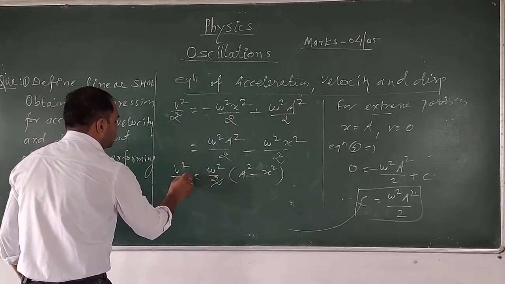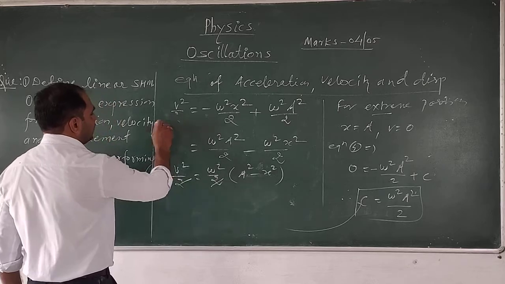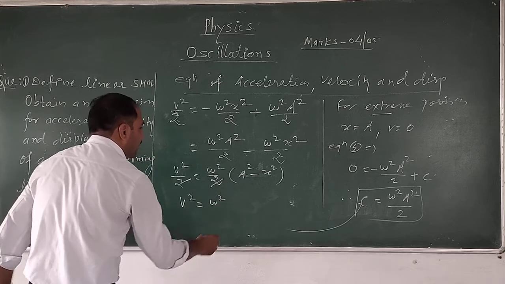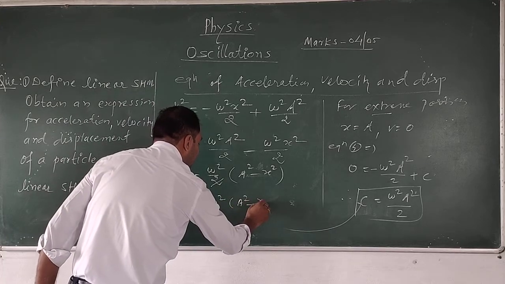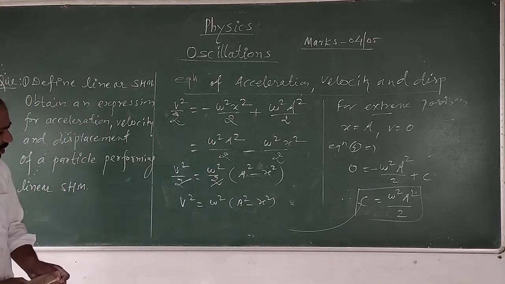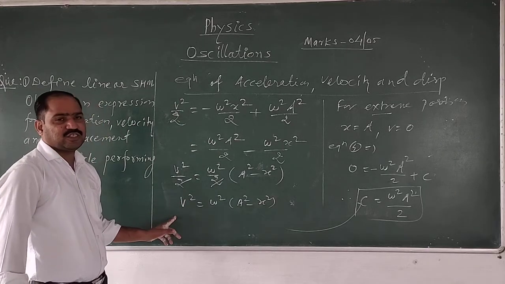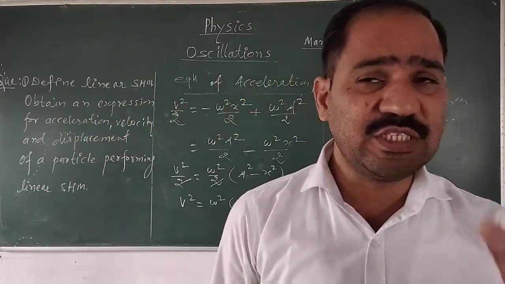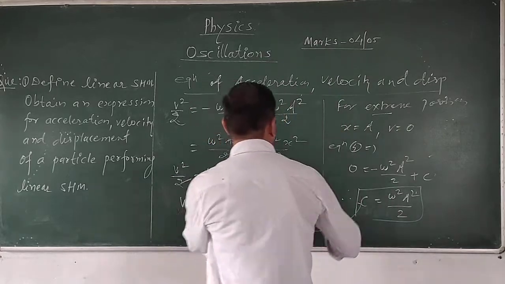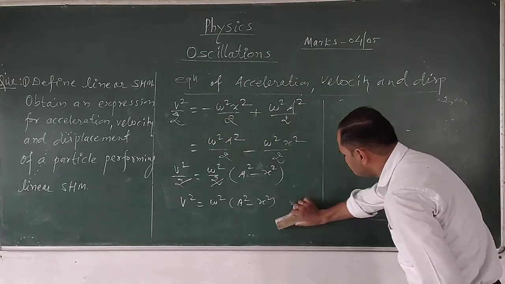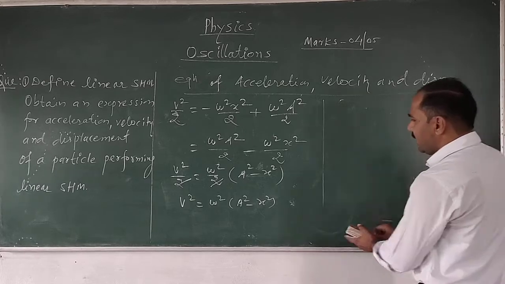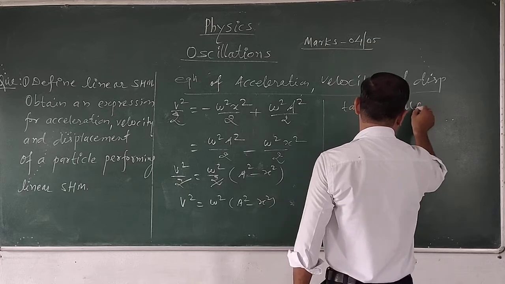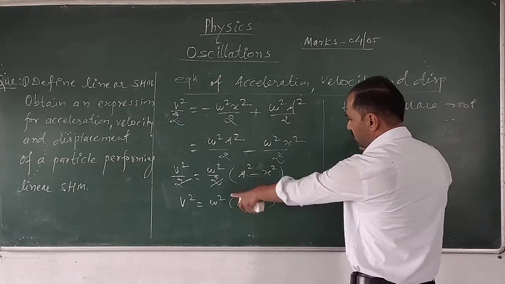The 2 and 2 get cancelled here. Therefore v square is equal to omega square times A square minus x square. So this is the value of the square of the velocity, but I want to determine the value of the velocity purely, not in the form of the square. Therefore, taking the square root of this equation, v is equal to